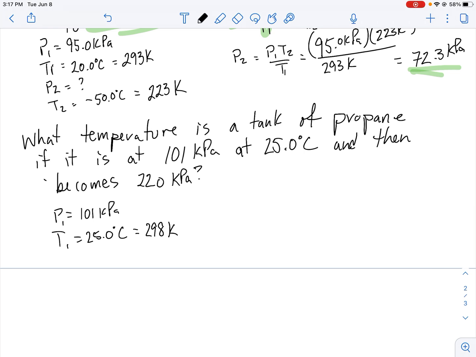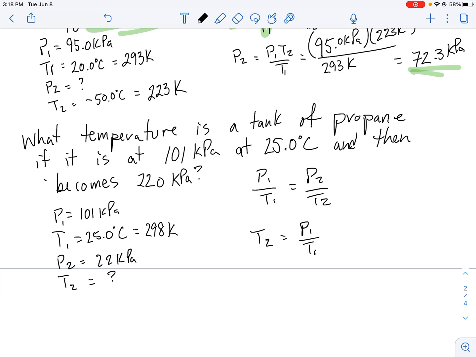If it asks for degrees Celsius as a final answer, I then go back from Kelvin to degrees Celsius. My P2 is 220 kPa, and I want my T2. So P1 over T1 equals P2 over T2. My formula is going to be T2 equals P1 over T1 times,